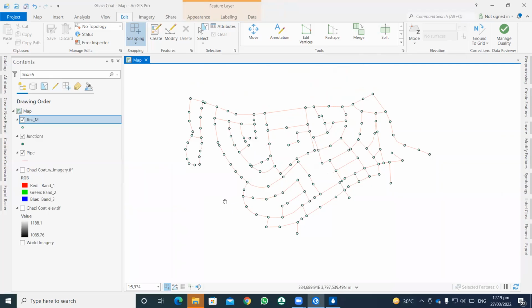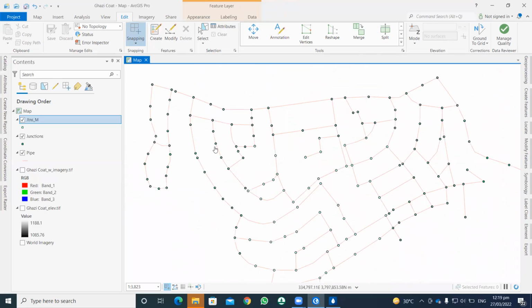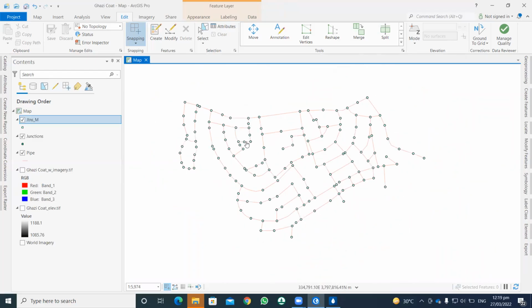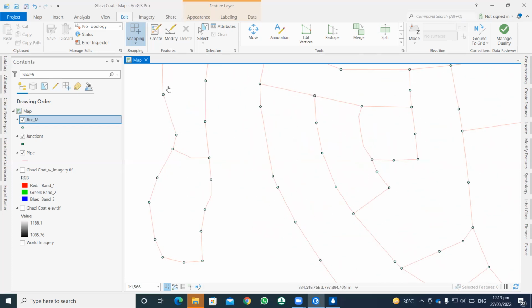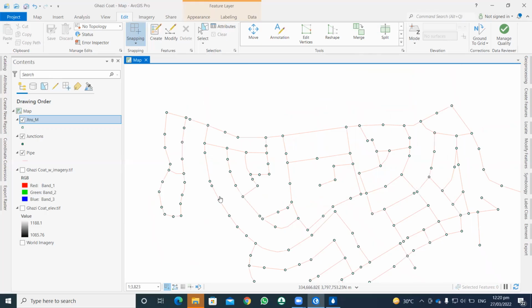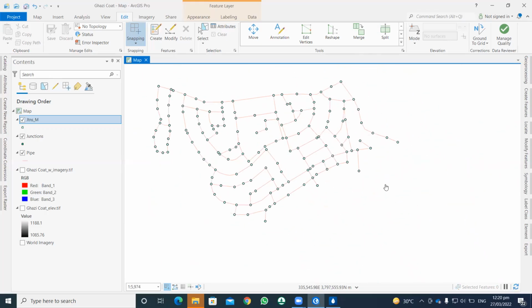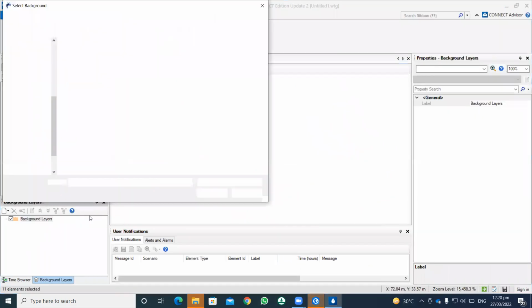In the next lecture, I will show you how to import this model and how to calculate the demands for each node. I will also show you how to create a Thiessen polygon for each node, and based on that assign demands to each node and then import it to WaterGEMS. I also want to show you how to import the imagery to WaterGEMS. So what I have to do first of all,